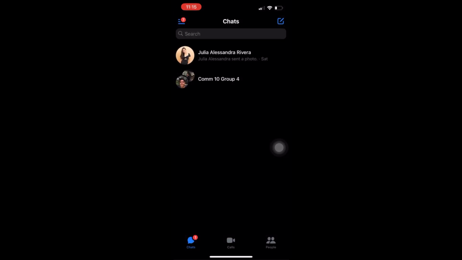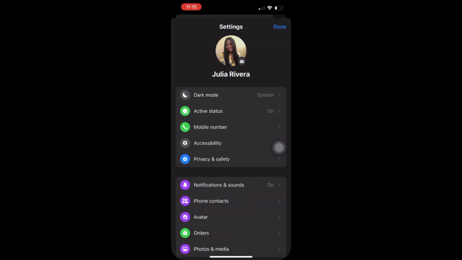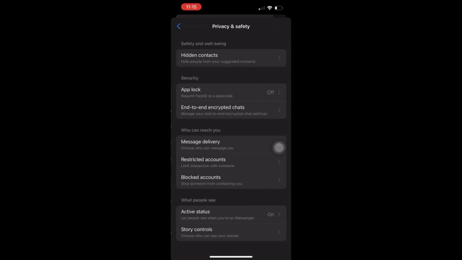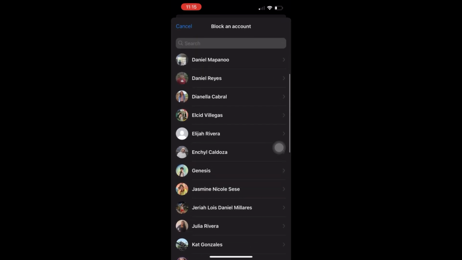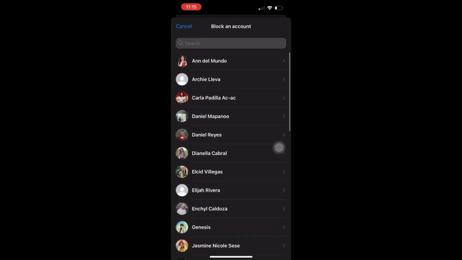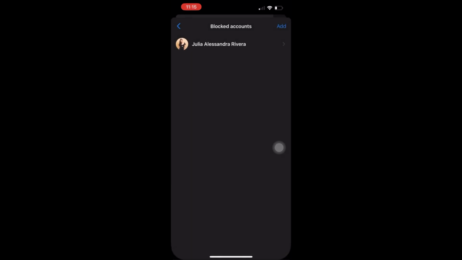Apart from this way of blocking someone, you can also press the three lines at the top left corner of your screen, press settings, go to privacy and settings, and go to blocked accounts. At the top right corner, you'll see the add button, and there you can choose the accounts that you want to block. And that's the end of